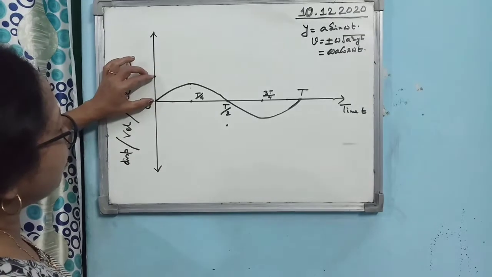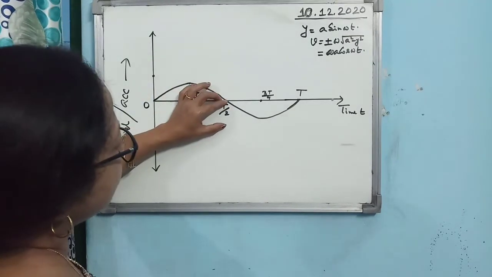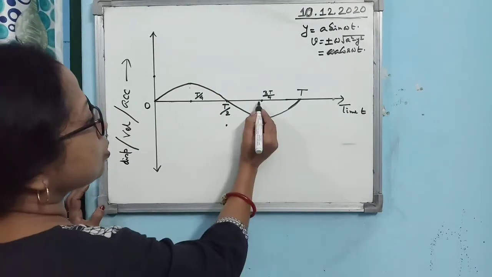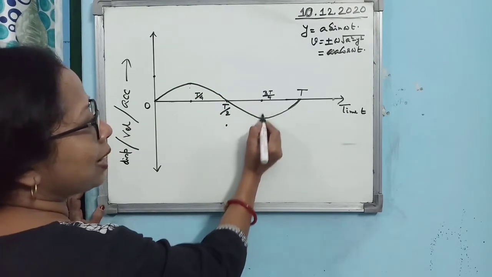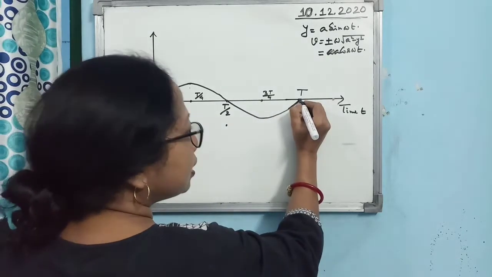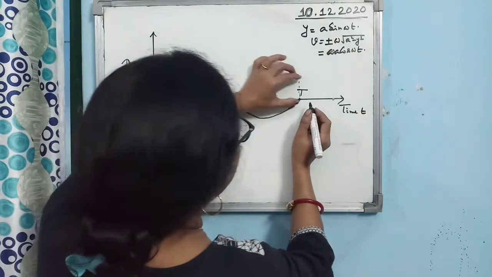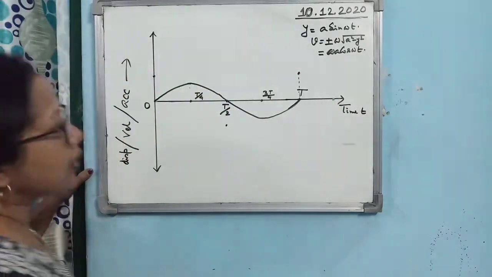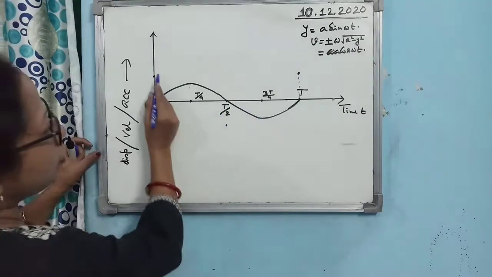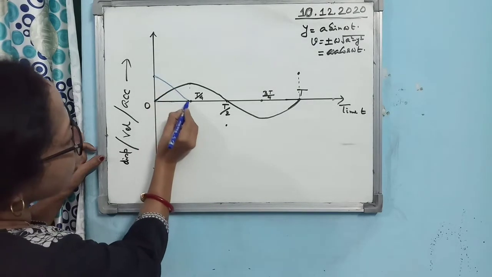So you see how I have measured. This was the maximum value of the velocity, so I have measured it the same in the opposite direction. Again, when the displacement is maximum, velocity is 0. Again, when displacement is 0, then velocity will be maximum, at this point. So this is the point. So what will be the graph for the velocity? We have to join these points, means the graph for the velocity will be, freehand you join.